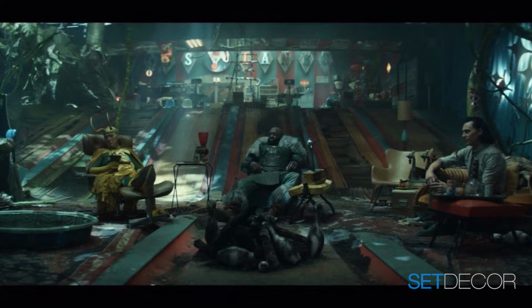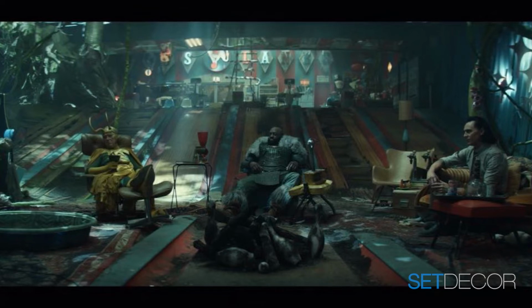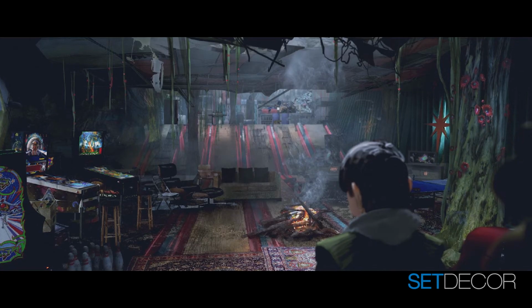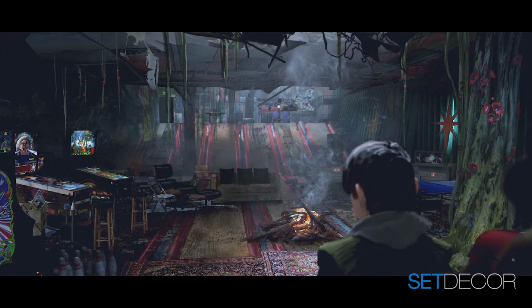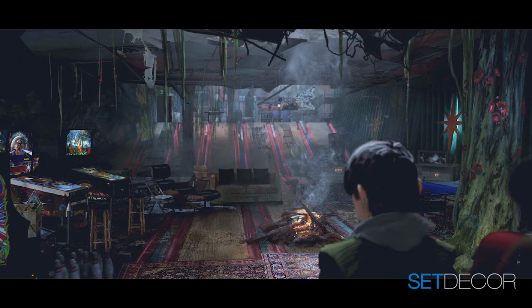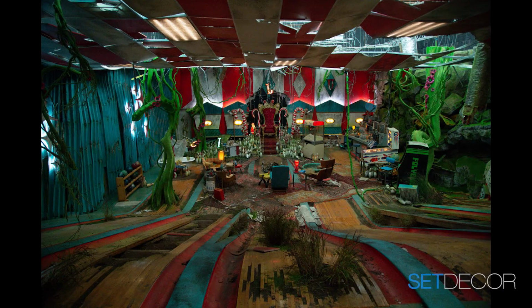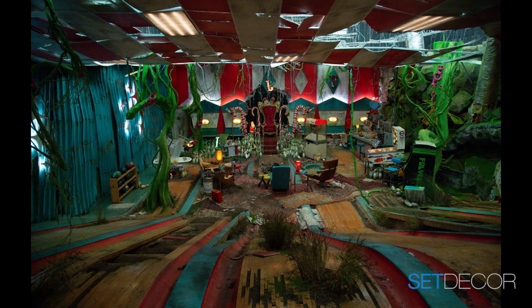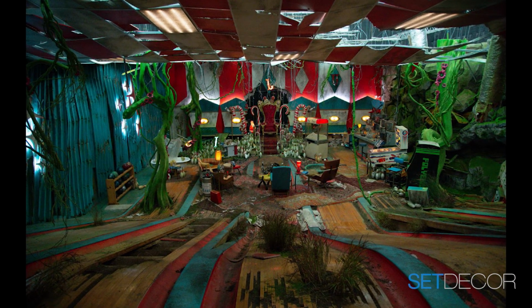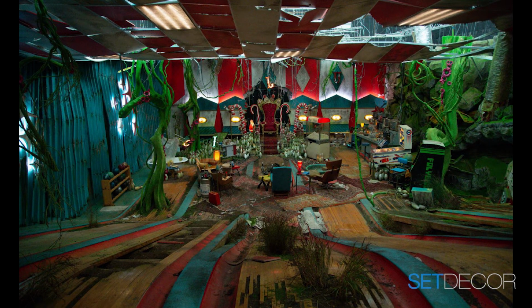And the idea was that it was some sort of strange mid-century bowling alley that had been invaded by these big green alien vines, and that there in the middle, they'd carved out a sort of throne room for themselves. The conceit was that the throne itself was raided from another deleted reality not far away, and the pitch was that it was a mall Santa's throne from a shopping mall, and so it had a weird Christmas theme to the throne mixed with